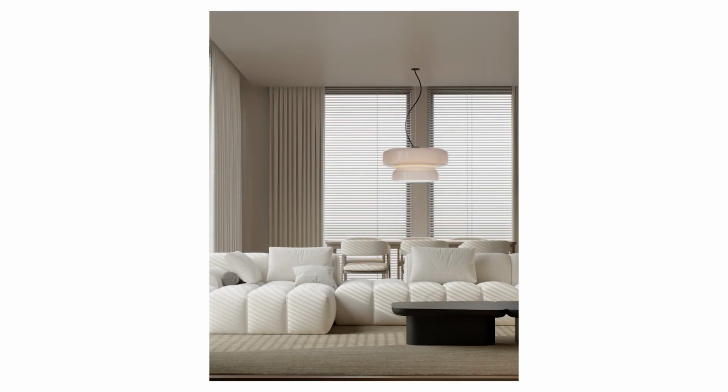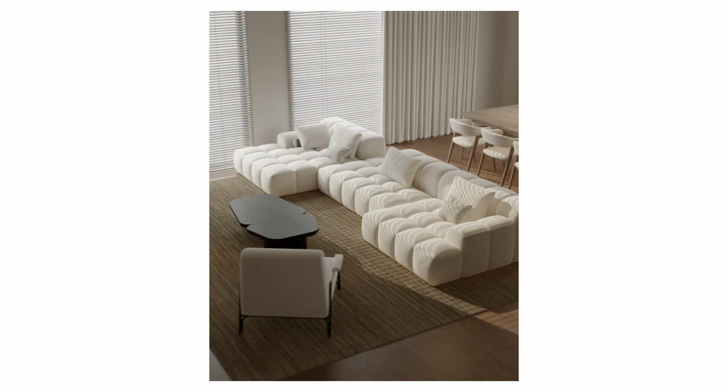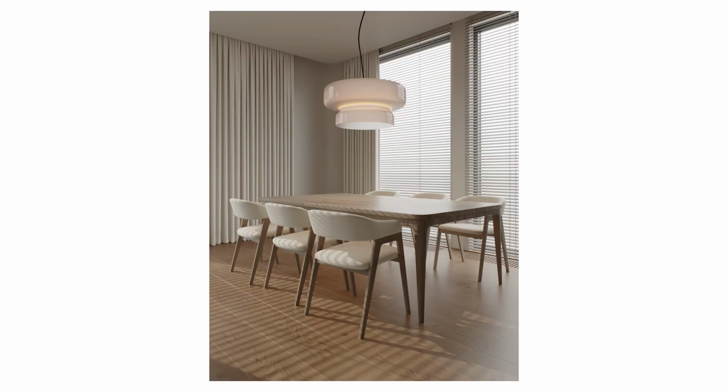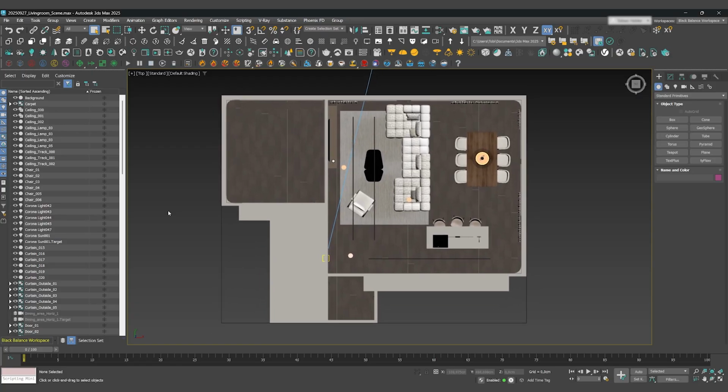Have you ever wondered how you can render photorealistic results like these in minutes instead of hours? What if I told you that switching from Corona to V-Ray Vantage is easier than you think? Stick around, because that's exactly what I'm going to show you, step by step. In this video, we'll convert a complete Corona scene into a V-Ray scene and bring it to life in real